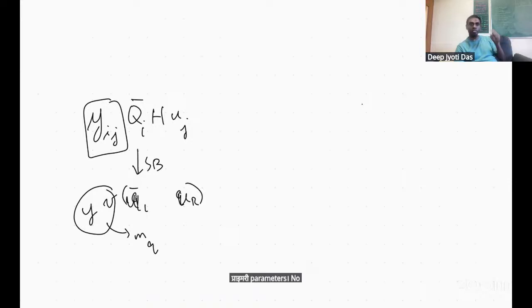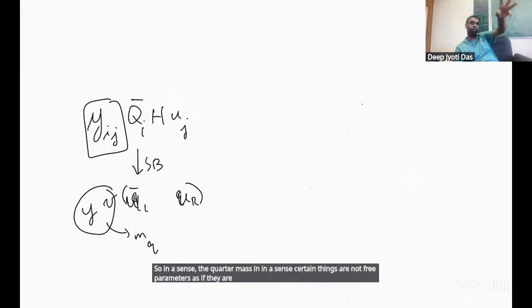Now, why do we say free? On the screen, I just wrote the Yij, and then after symmetry breaking, it became the quarks, right? So in a sense, certain things are not free parameters, as in they are derived parameters. Like the quark mass is a derived parameter in terms of two free parameters. In the standard model, technically,